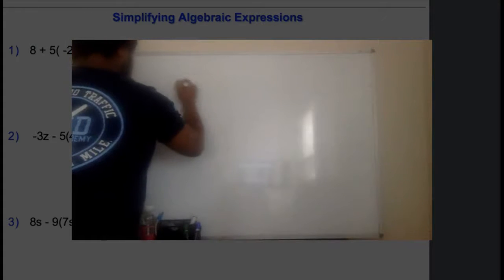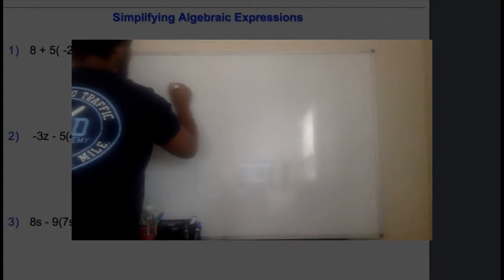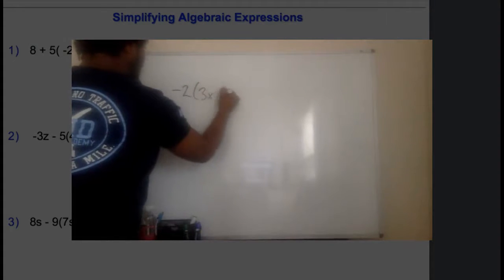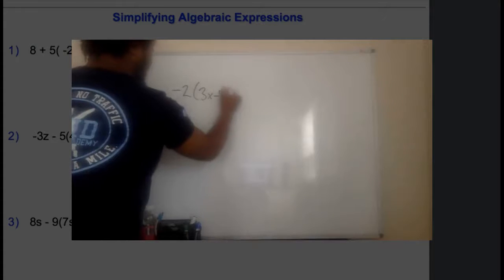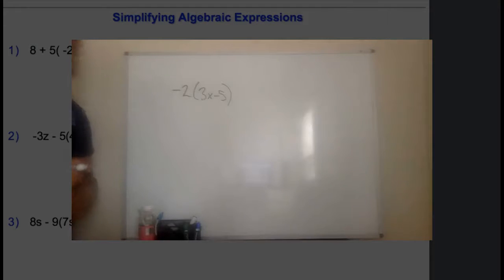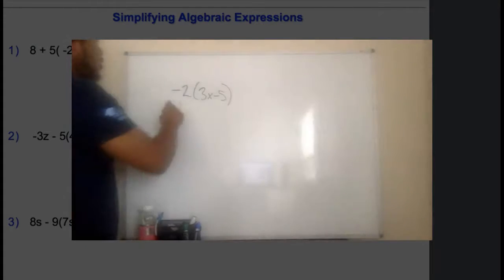Okay? Alright, so let's say we have a negative 2, parentheses, 3x minus 5. All right, so now we're getting to the next level of our instruction. So what happens is this. So you'll do negative,